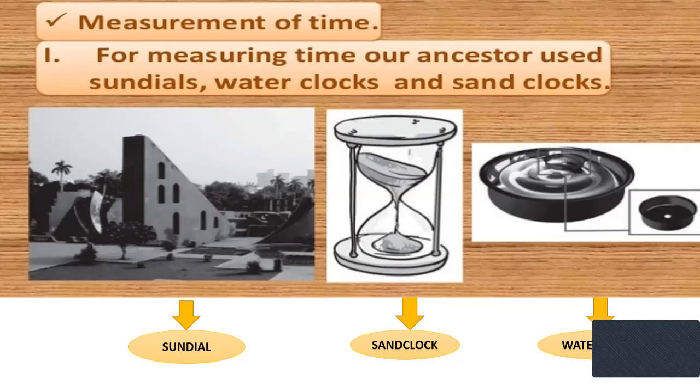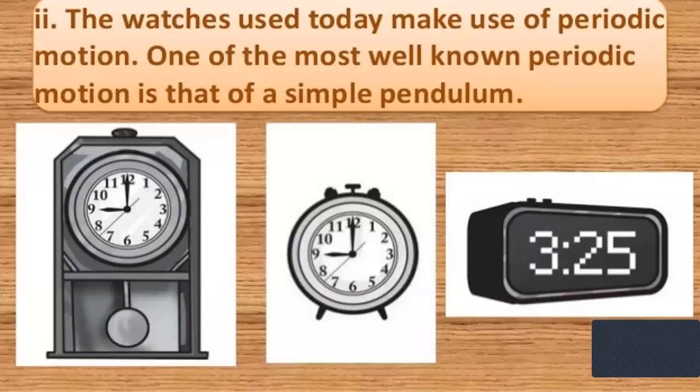So for that, the modern basis of measurement of time is based on periodic motion. So the watches used today make use of periodic motion, and the common example of that periodic motion is that of a simple pendulum. So in modern watches, that gives an accurate time,